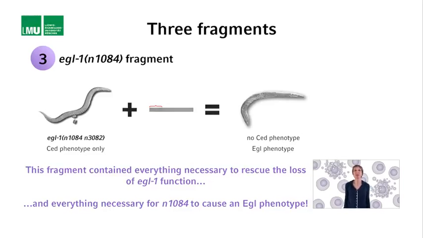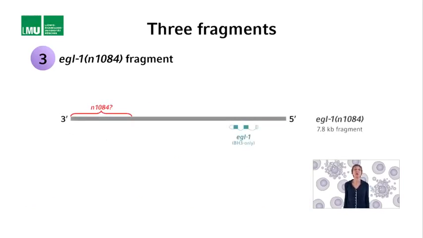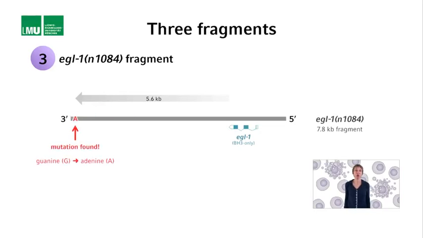I quickly sequenced the 7.8 kb region that was covered by the PCR fragment, and I found a mutation in the fragment amplified from N1084 animals. At the very 3' end of the fragment, 5.6 kb downstream of the BH3-only transcription unit, there was a single base change, a G to A transition. Great, finally found. However, what I also realized is that between the BH3-only gene and the N1084 mutation, there was